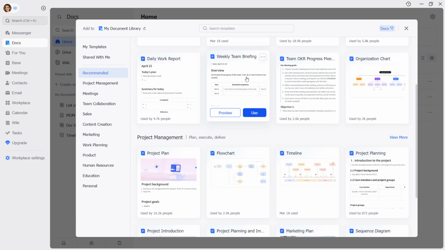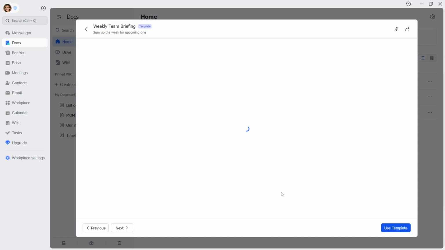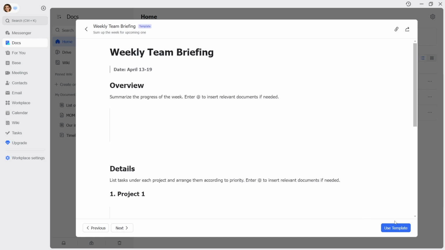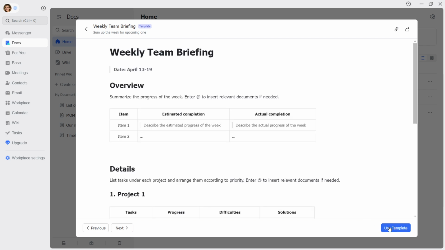Now it's time to create your task list. Click New, then choose Base or Table to start from a blank grid. If you prefer a faster setup with best practice fields already included, pick the to-do list template. Templates are helpful because they come with common fields like status, priority, and deadlines, which means you can focus on your work instead of building from scratch. If you do start blank, don't worry, you can always add or rename fields later to match your workflow.